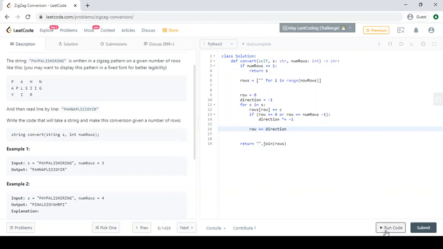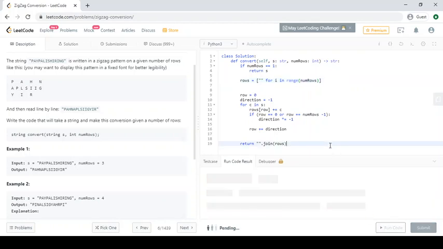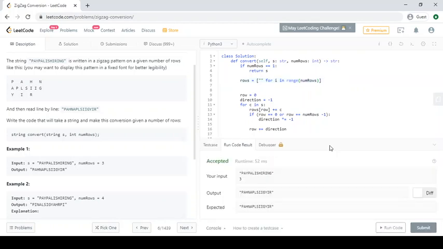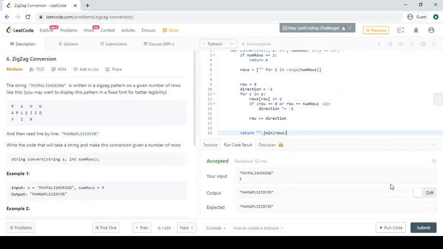So let's run this and see what the result is. Now in this you can see the input is 3 rows and the string. Our output is this.